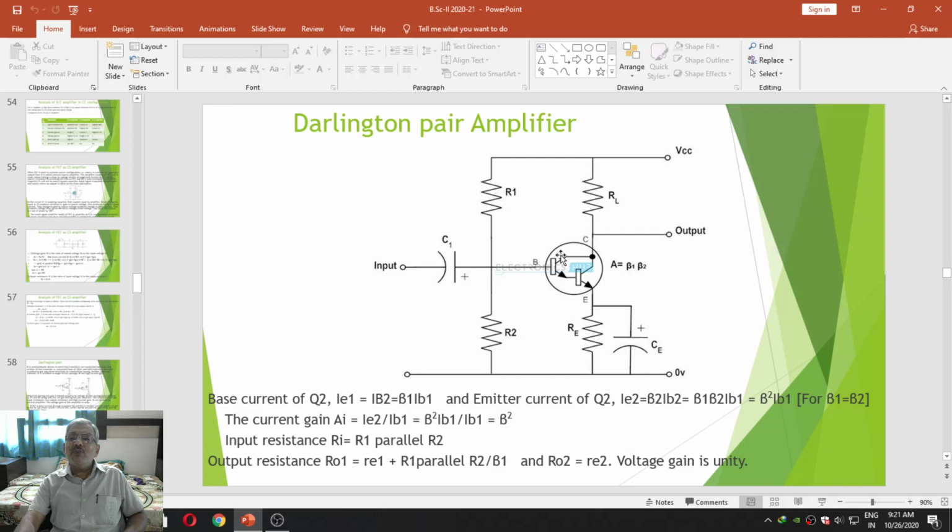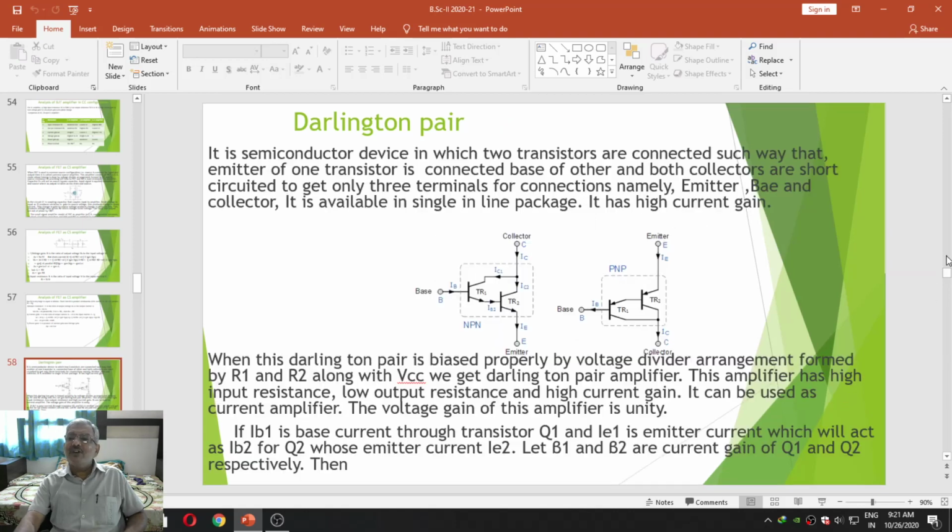IC1 to flow through IC2, which will develop the amplified output at the collector. For your understanding, it is represented here. If IB1 is the base current through transistor Q1 and IE1 is the emitter current, which will act as IB2 for Q2,